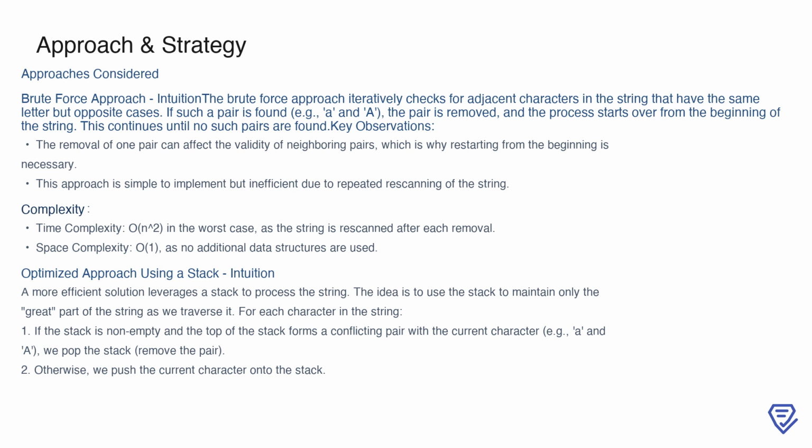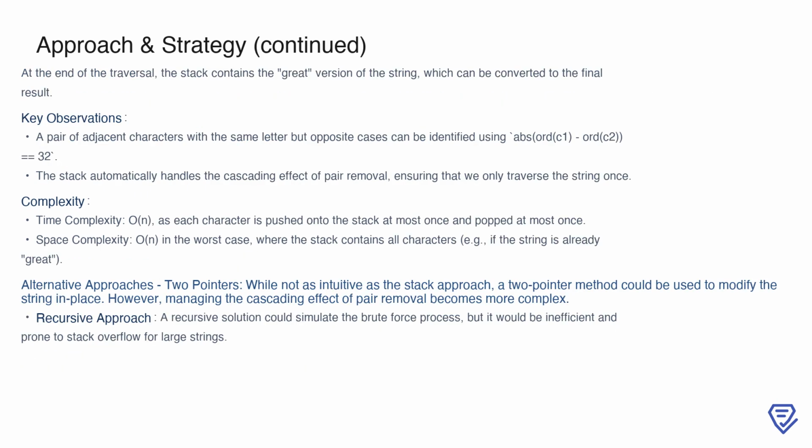For each character, we check whether the top of the stack forms a conflicting pair with the current character. If it does, we pop the stack to remove the pair, otherwise, we push the current character onto the stack. This eliminates the need for repeated rescanning. By using the stack, we can efficiently handle the cascading effect of removing pairs. Once the traversal is complete, the stack will contain the great version of the string, which can then be converted